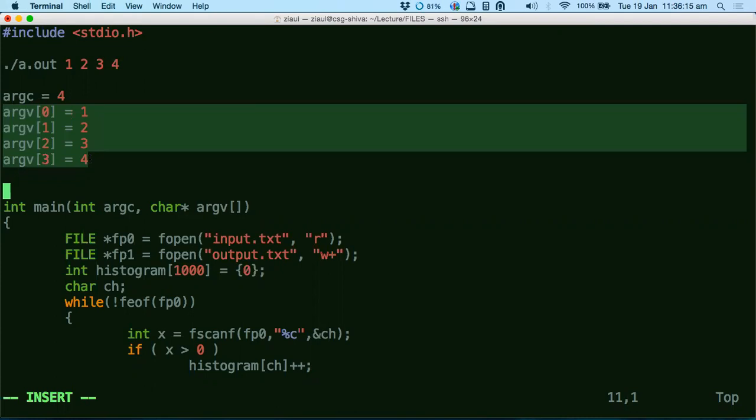Is this clear, guys? And you always have to use these two. I mean, the names could be different. You don't have to give the same names, ARGC or ARGV. You could use any name. But then the type of the parameter has to be the same always. The first is an integer and the second is a character pointer array.